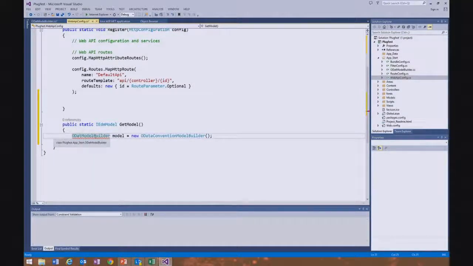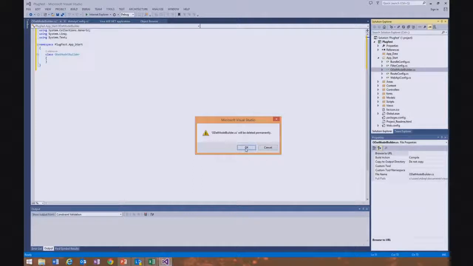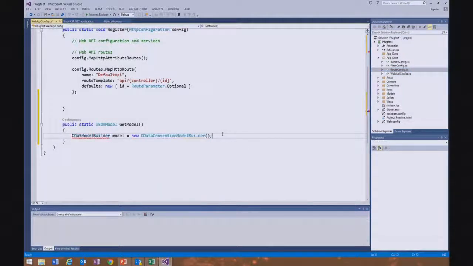Sorry, I'm not using a very good keyboard here. Let me just do this. All right. So the convention model builder is a built-in class that allows me to build the entity data model exposed by my OData service just out of the classes. So I'm going to start with